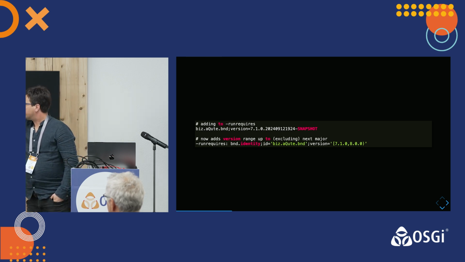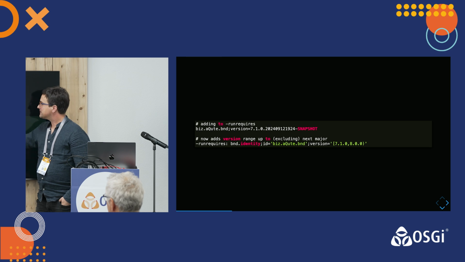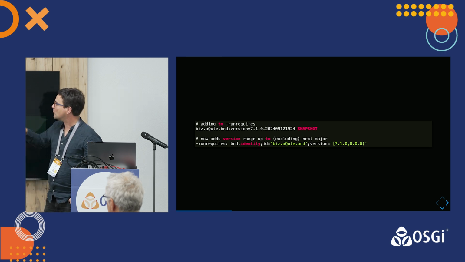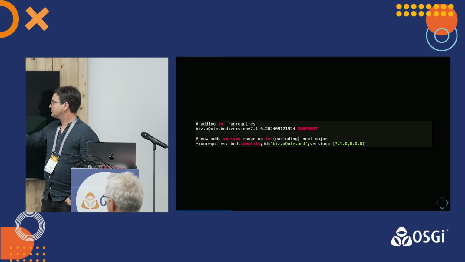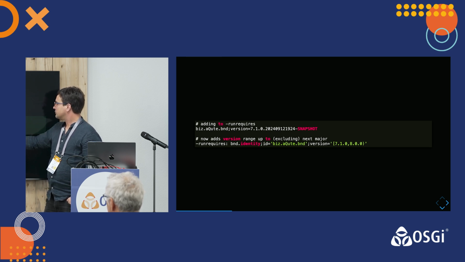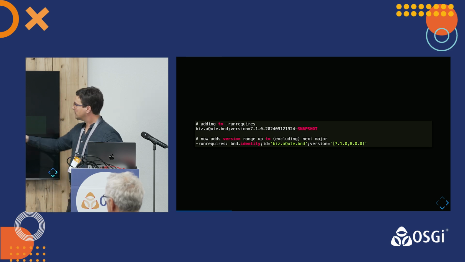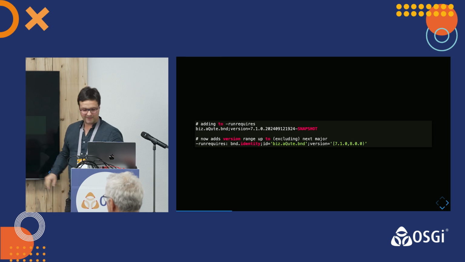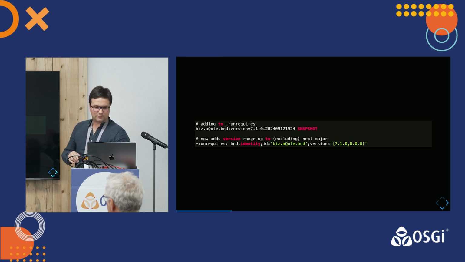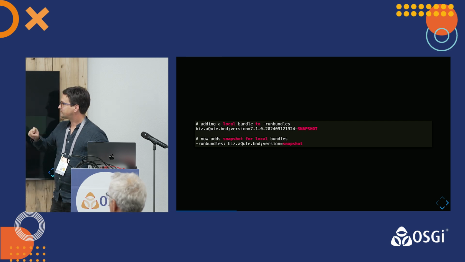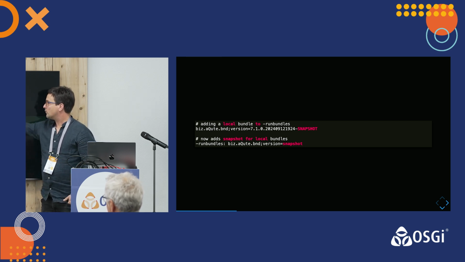Let's say you are adding something to the run requirements. This bundle, for example, BND 7.1, and it now adds a version range up to the next major version. Yeah, because in run requirements it's okay to have a larger one, but this is exclusive 8. Yeah, so compared to when you add something to run bundles, for example, if you want to have a local